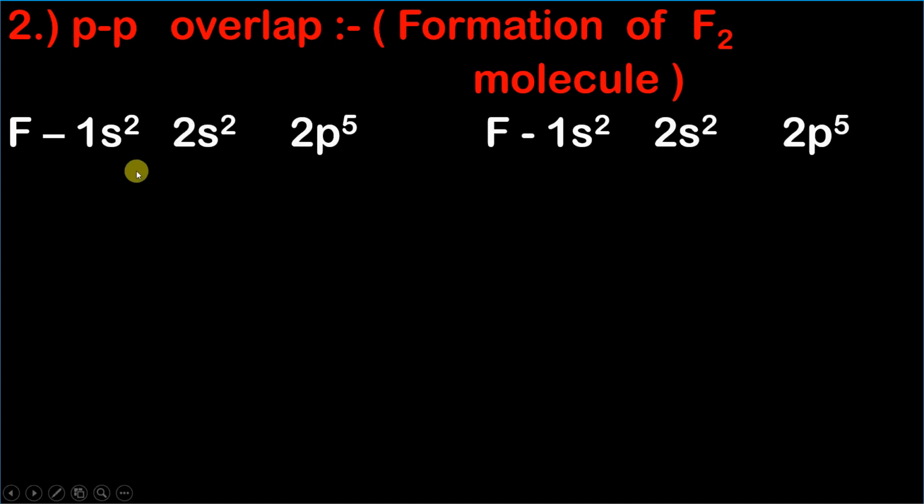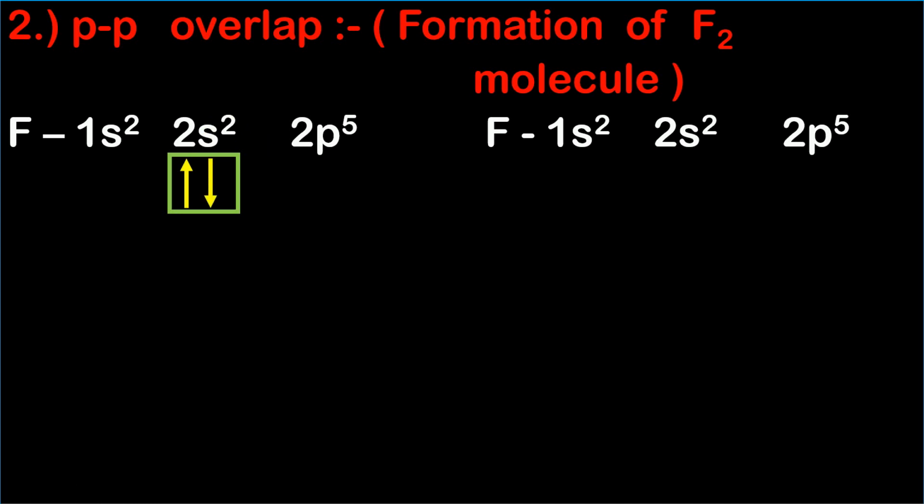The electronic configuration of fluorine is 1s2, 2s2, 2p5. Now what is the highest energy level here? The highest energy level is obviously the second energy level. In the second energy level, this 2s2 orbital is represented by 2 arrows. Why 2 arrows? Because it has 2 electrons in it, so we draw 2 electrons here.